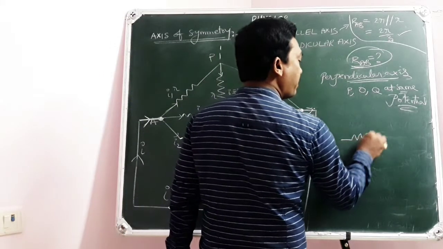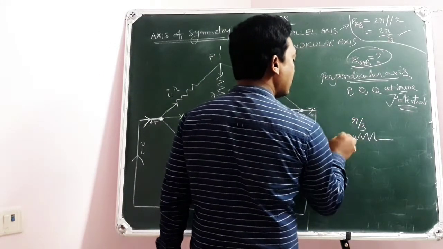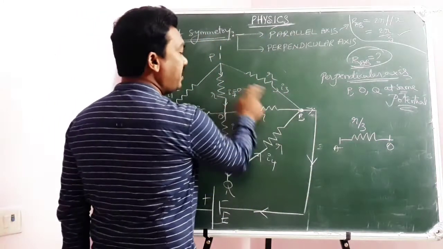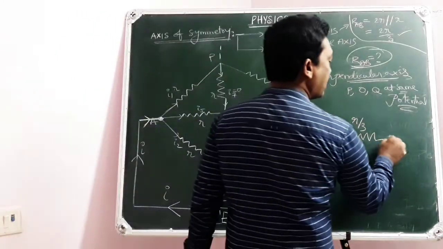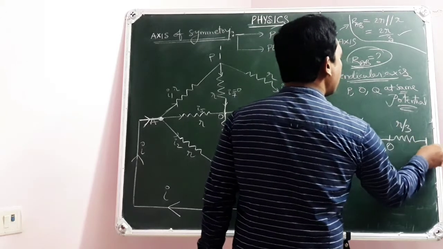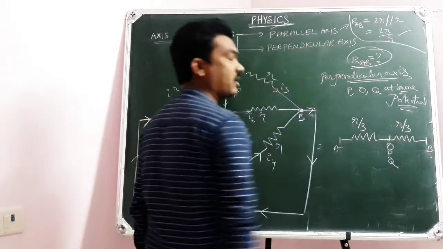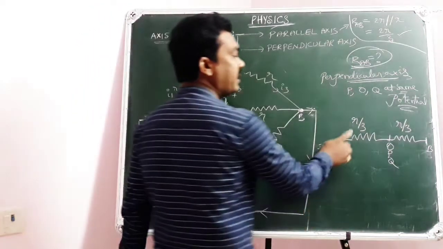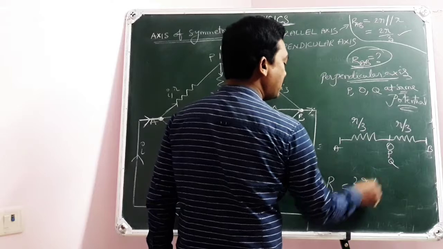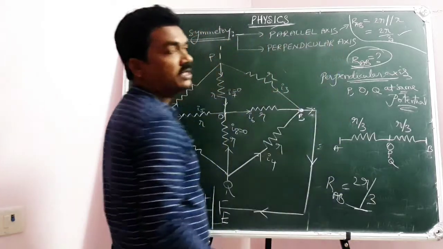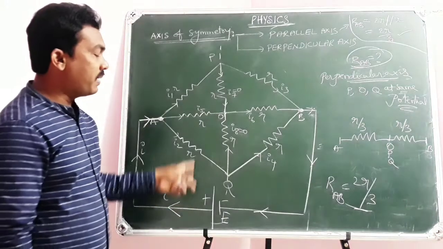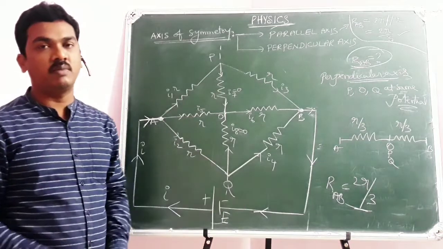R at the same potential in parallel. So we get R by 3 between A and O. Similarly, BP, BO, BQ are at the same potential, R three in parallel. So R by 3. Of course, P, O, Q are at the same potential. Now between A and B, two R by 3 are in series. So the equivalent resistance across AB is 2R by 3. You have seen already in the parallel combination, your answer is 2R by 3. Even using the perpendicular axis of symmetry, your answer is 2R by 3.